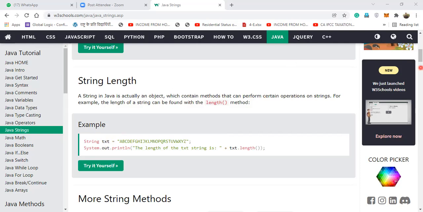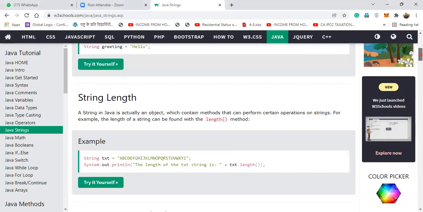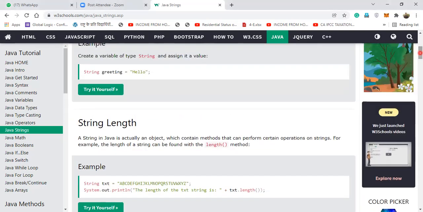Now suppose greeting is equal to hello, and I say System.out.println, the length of greeting is greeting.length(). What answer are you expecting? Greeting means 5. Very good. So you are able to understand what this length function is doing.